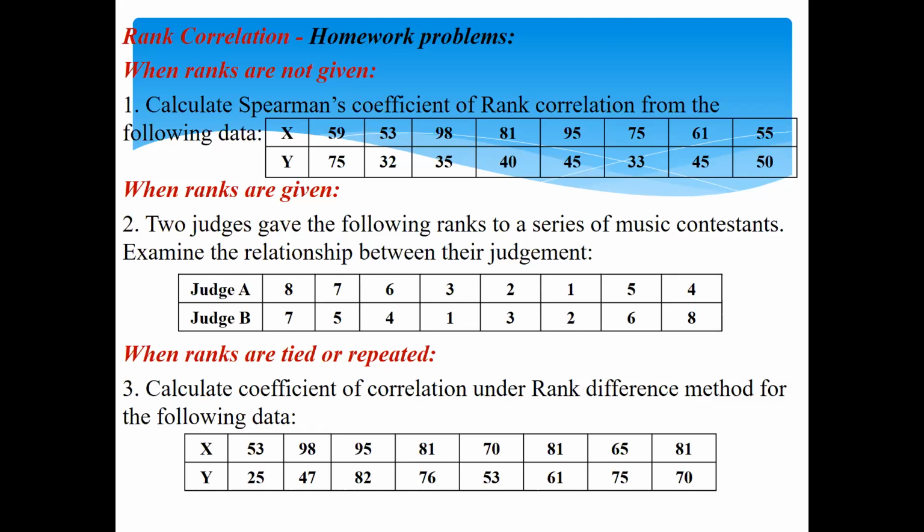In the third unit, bivariate analysis, we have two methods: one is correlation analysis, another one is regression analysis. In the correlation analysis, there are two ways. One is finding the correlation coefficient by calculating the x bar, or by using an assumed mean value or changing the origin, which is called the Karl Pearson coefficient. The second method of correlation analysis is rank correlation, which is what we worked out yesterday.